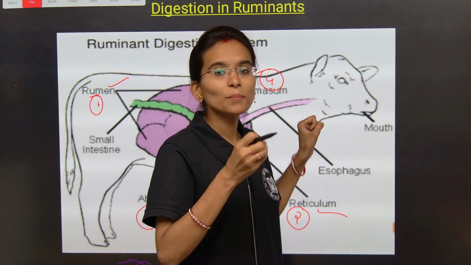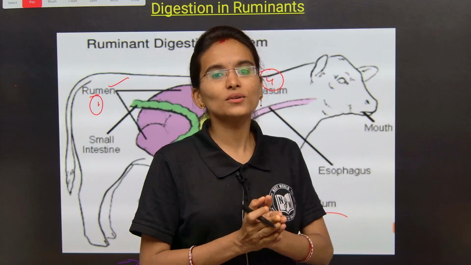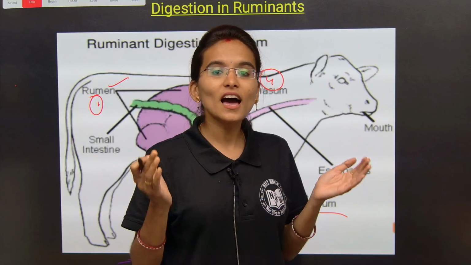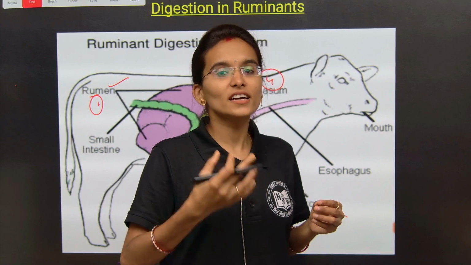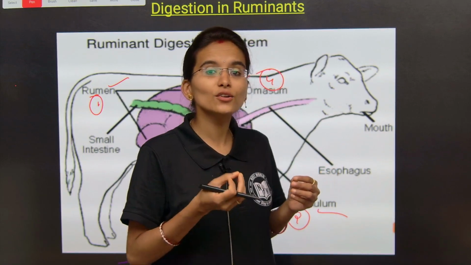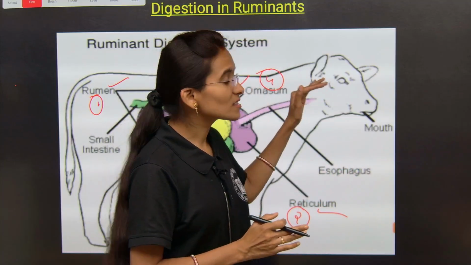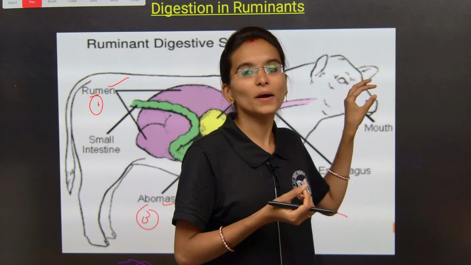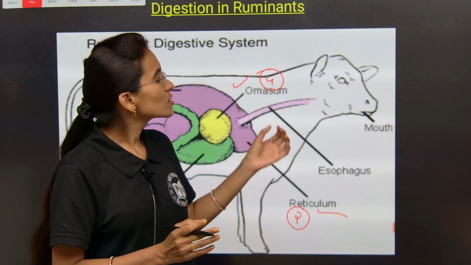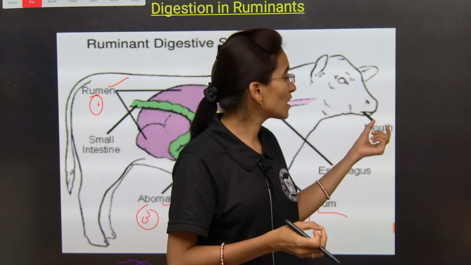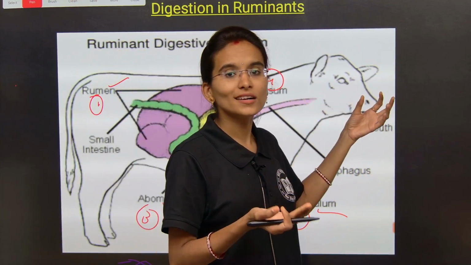whenever it eats the plants, the plants mainly contain cellulose, right? As human beings, we cannot eat plants and we cannot digest the cellulose present inside the plants. But as these are ruminants, they have the capacity to digest the cellulose present inside the plants. To digest the cellulose, as they eat all the plants, and the plants mainly contain cellulose,